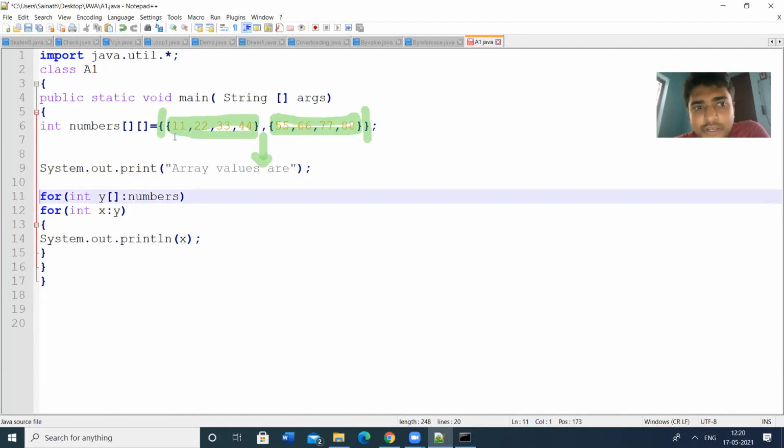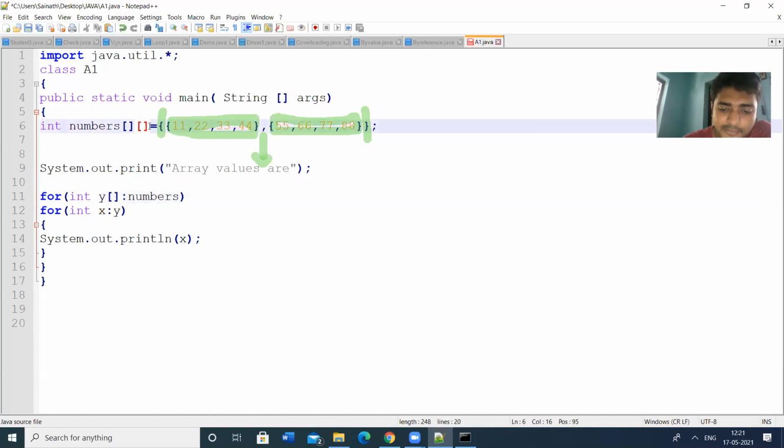Two dimensions means we need two for loops, since we have rows and columns. So this is the two-dimensional array. If you want three dimensions, we can add another dimension here.